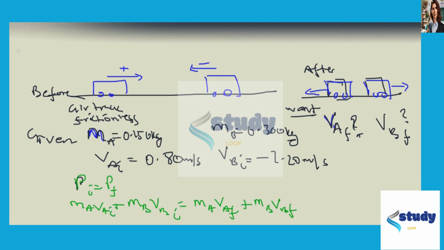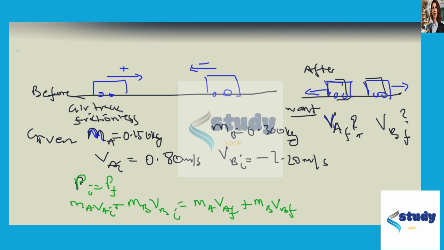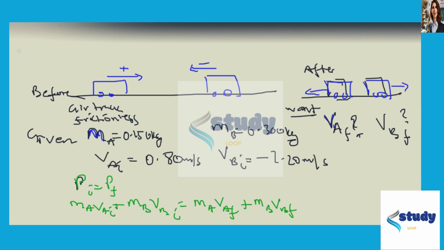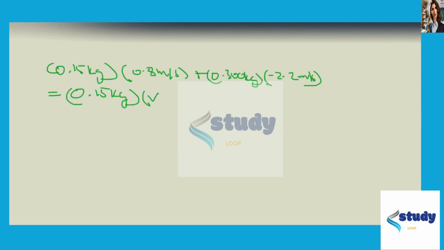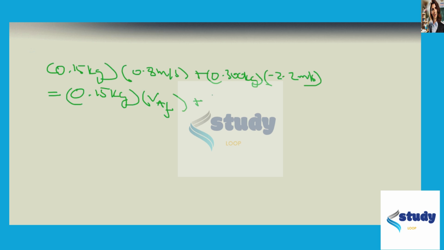And we're going to make that equal to the mass of A, which is 0.15 kilograms, times the final velocity of A, which we don't know, but we're going to find out in this problem, plus the mass of B, which is 0.30 kilograms, and then the final velocity of B, which we also have to find out. So if we simplify this problem, we get to see that we end up with